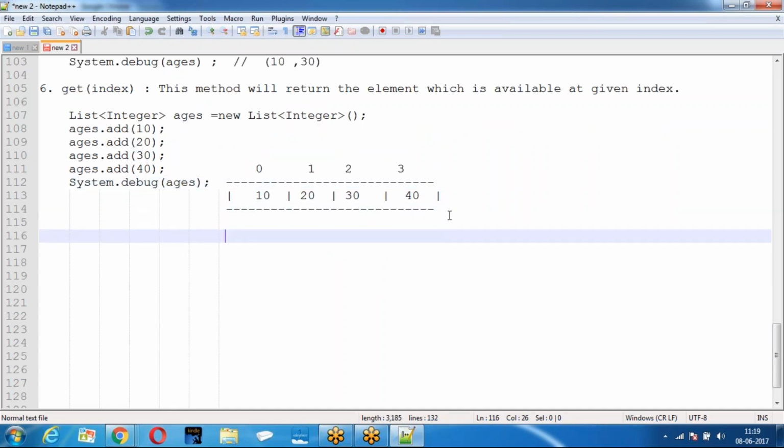Now I am asking you to get me the value at first position. Integer a equal to ages dot get